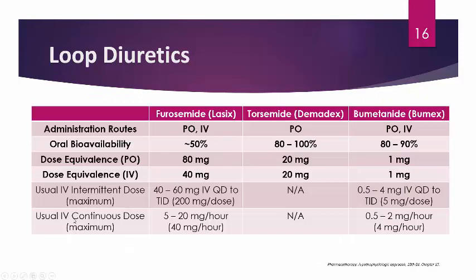Whenever you're comparing Lasix, Demadex, or torsemide, and bumetanide or Bumex, it's important to know how each of these medications is provided, their bioavailability, and in terms of their doses, how you can convert between agents, especially whenever the patient's either coming into the hospital and you need to give a stronger dose of the diuretic or a diuretic that they were receiving compared to their outpatient dose, or even going home, transitioning them to some kind of PO diuretic